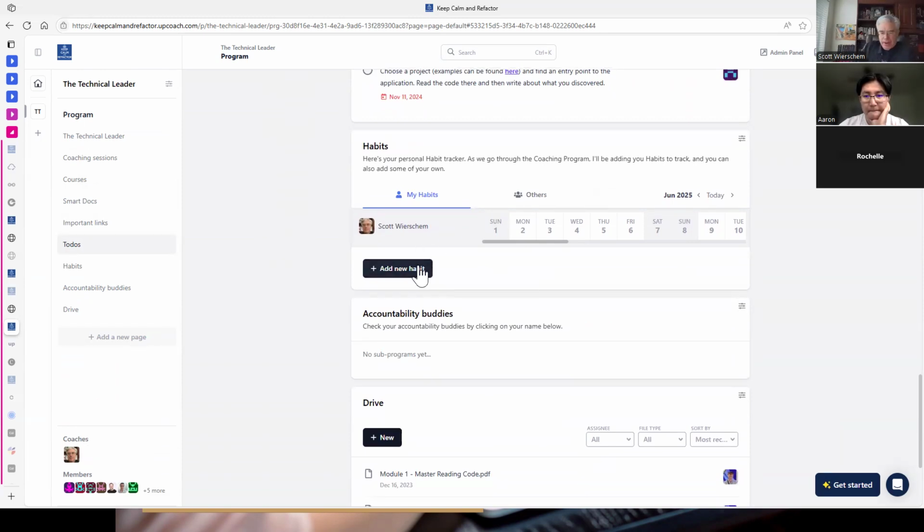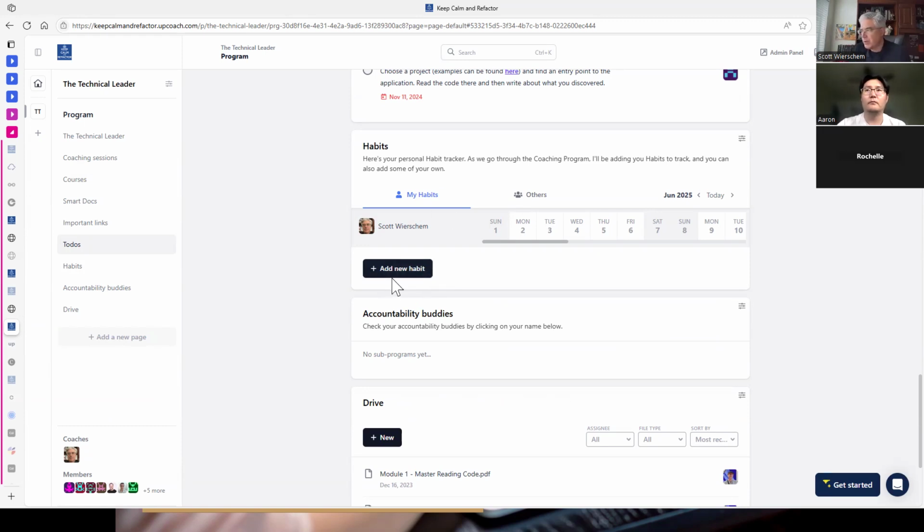This is a habit tracker. There are apps you can get for your phone to do this, or you can use the site here. You can add a new habit. For instance, let's say you want to get into the habit of using a Pomodoro timer for at least an hour a day in the work that you're doing, just to make sure that you're able to get one hour of focused work done.